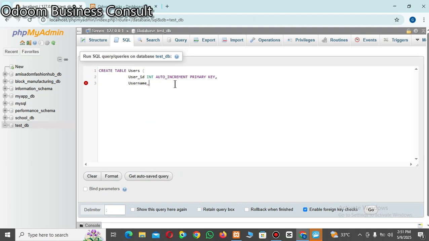Okay, so the character, we have variable character, and then the length is going to be